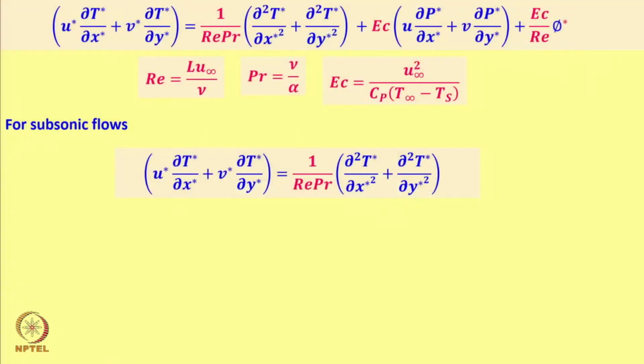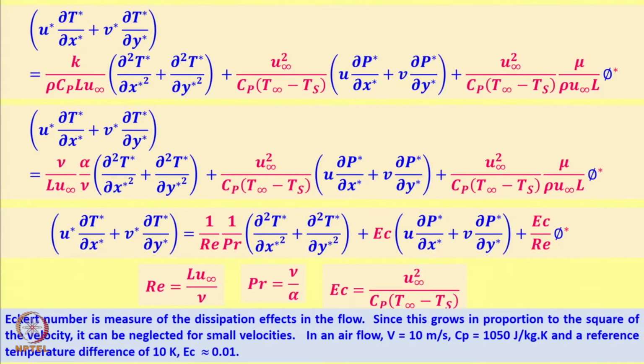In the last module, we had just completed the principle of similarity, and we had non-dimensionalized the momentum and the energy equation. When we non-dimensionalized the momentum equation, we got the Reynolds number. When we non-dimensionalized the energy equation, we got the Reynolds number, Prandtl number and Eckert number. So, coming back to my slides, we saw that the Reynolds number is the ratio